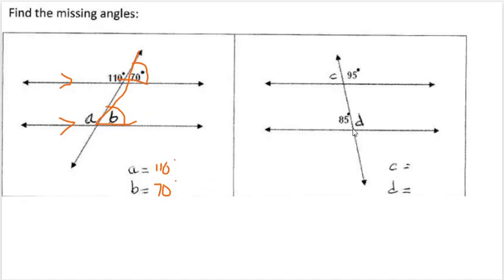Same with here, we're making an upside down F. Therefore it's showing us that this C is the same as that angle